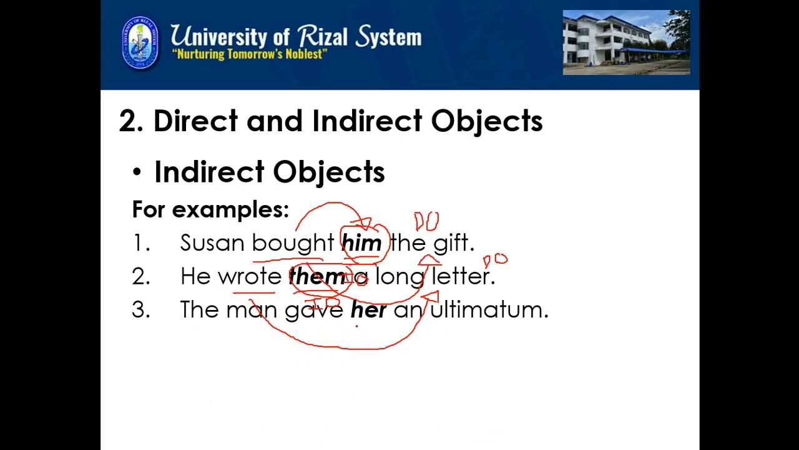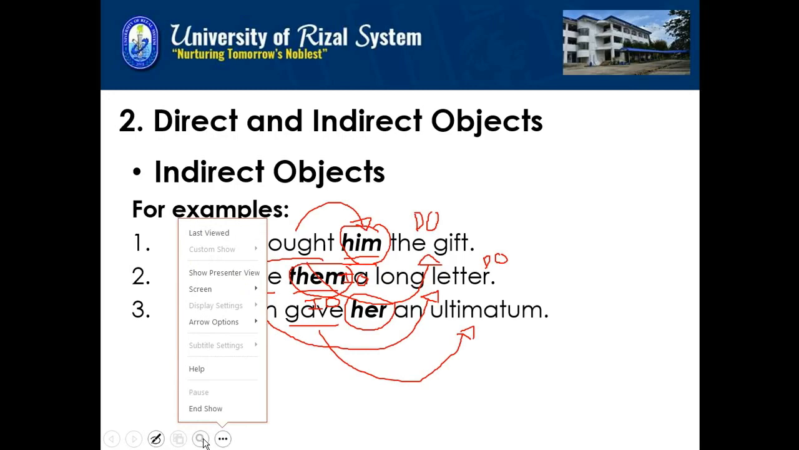The man gave her an ultimatum. So, the verb here is gave, and the direct object is ultimatum. And the indirect object is her. Okay? So, titigan yung maigi yung sentence structure, you can really see there,